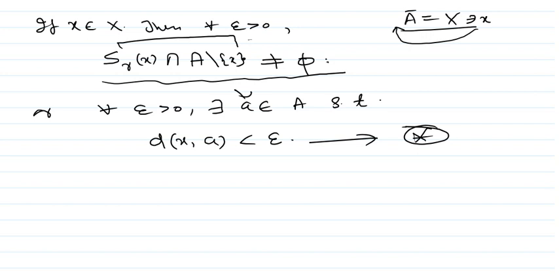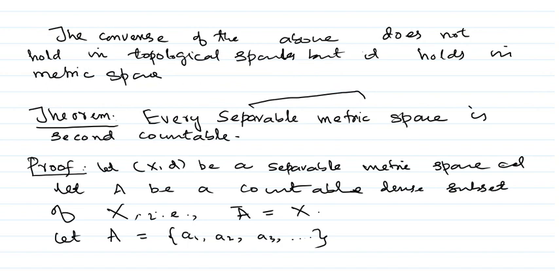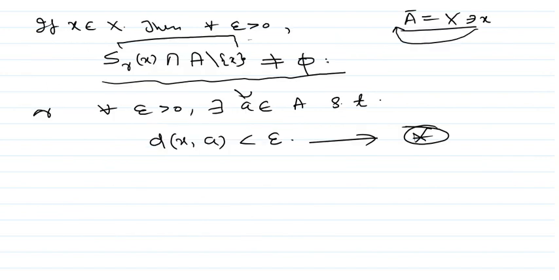Okay, so I want to construct a countable open base actually. I need a countable open base. Now what do I have? I have a countable dense subset. Now I need a countable open base. That means I want to find a countable family of open spheres. So let's do that. Let's define this B which is equal to S